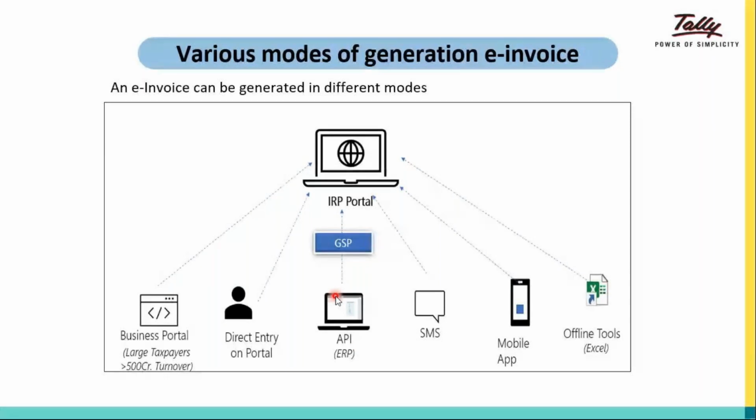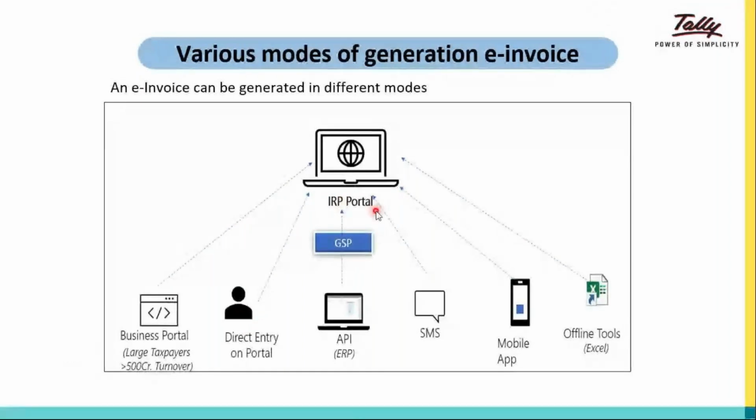That is what we mean by API, and below that it says ERP. ERP means your software, enterprise resource planning software, that is Tally. Next, direct entry on portal. That means you will go to the IRP portal. Physically means you will not go to the department physically. You will visit the IRP portal and manually upload your B2B and B2G in the IRP